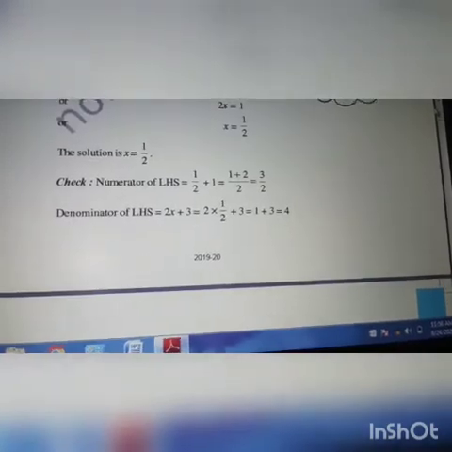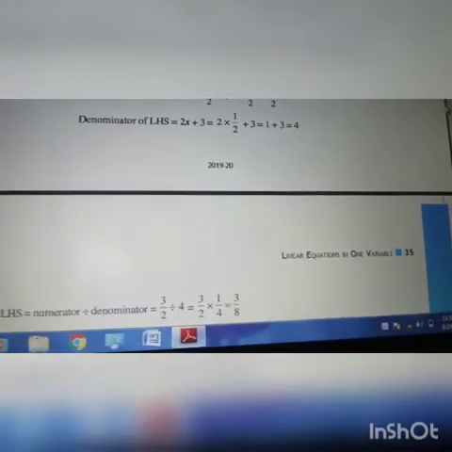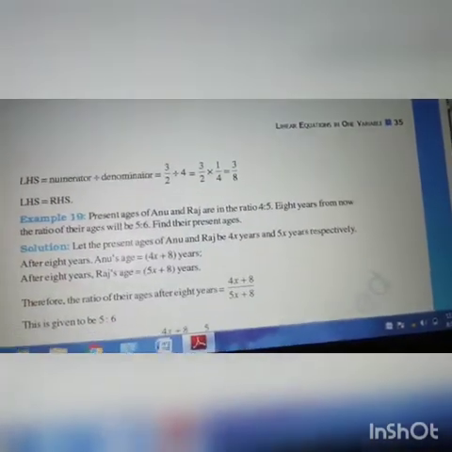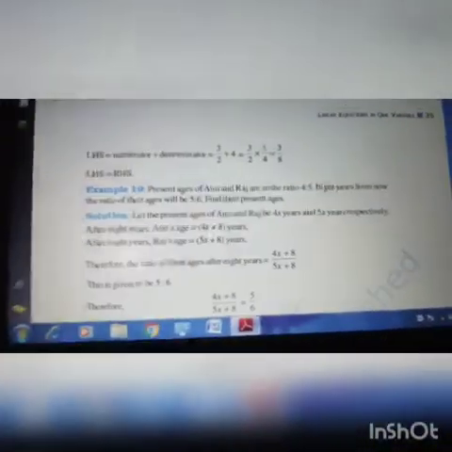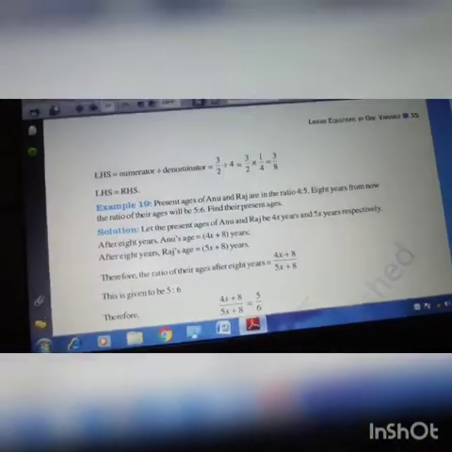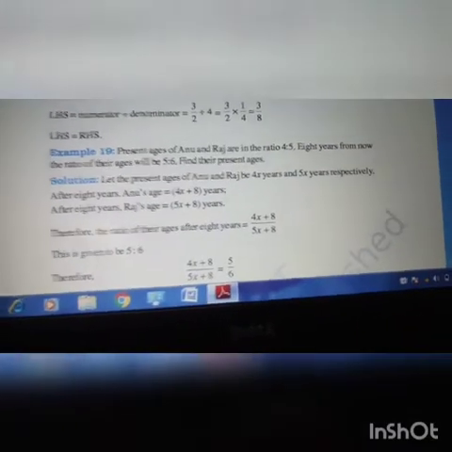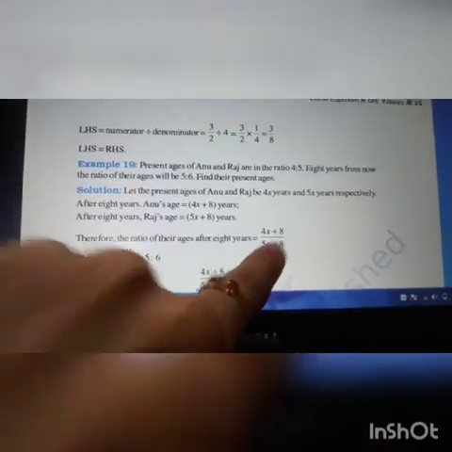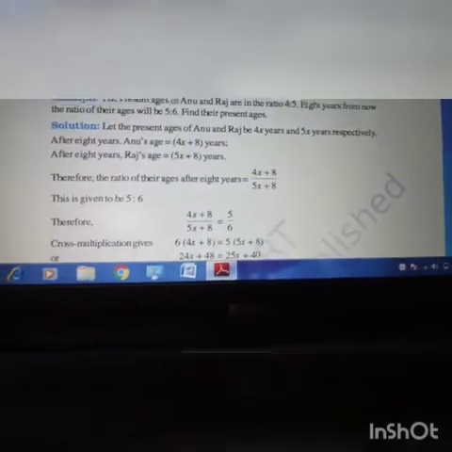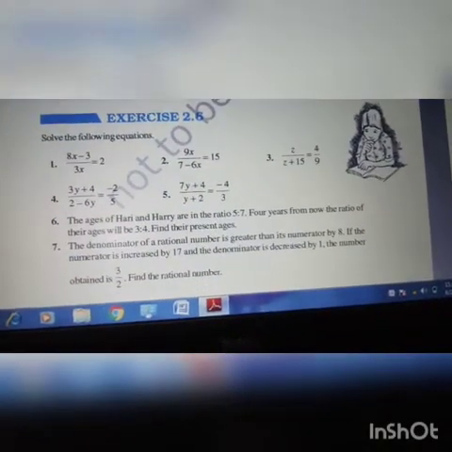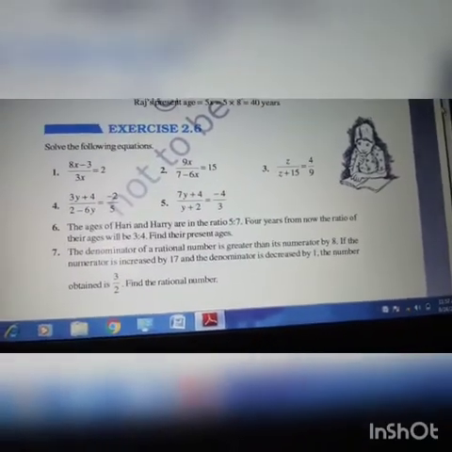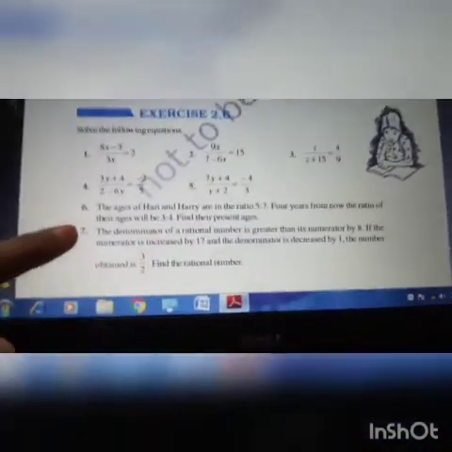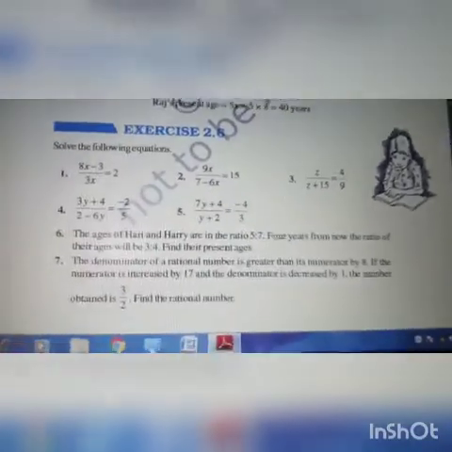If you have any doubt in the example problems, you can once again watch that particular video. See, in this itself, they have given word problems. So for a word problem, you will make it into an equation, and you can simplify as usual like this. Then you find the value of x. See 2.6. This is very easy, and you have few problems in this. You can work out all these problems, my dears, because there are only 2 word problems and it is very easy for you to continue.